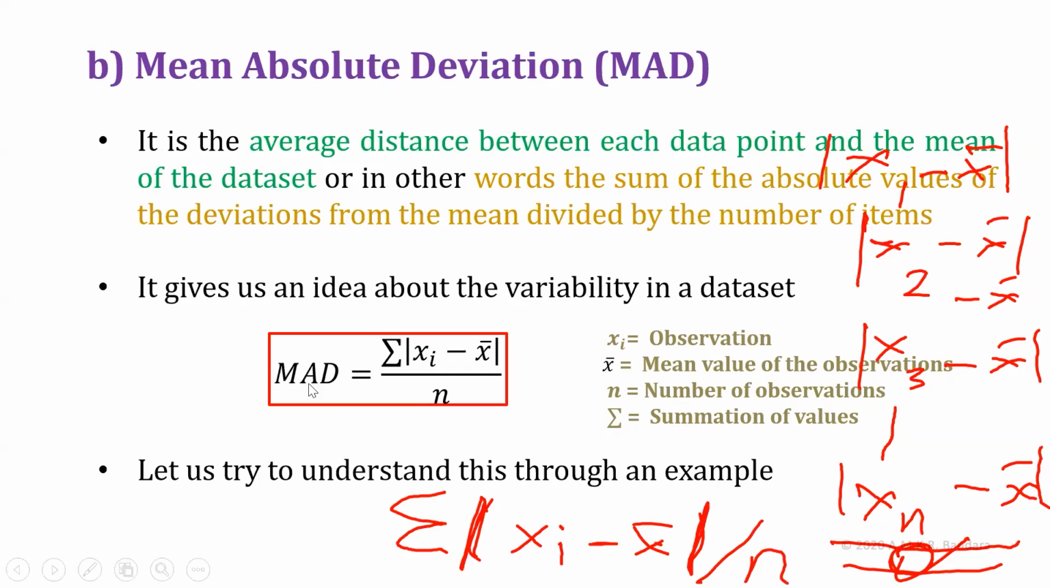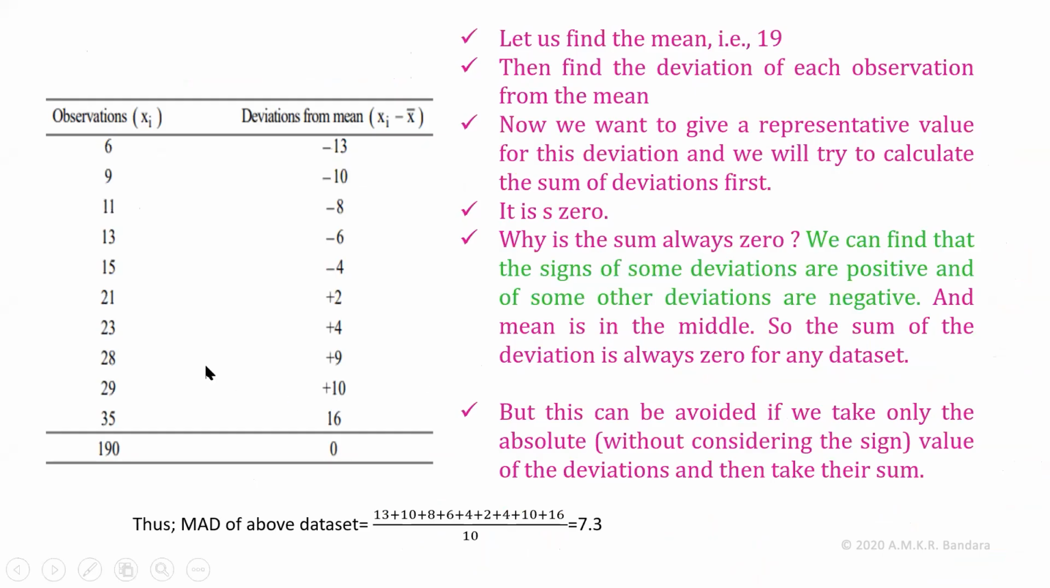So mean absolute deviation can be found by first finding the deviation of each and every observation in the data set from their mean, finding the absolute value of those deviations, getting the summation of those absolute values of deviation, and averaging that summation. So here I have a data set, observations 6, 9,